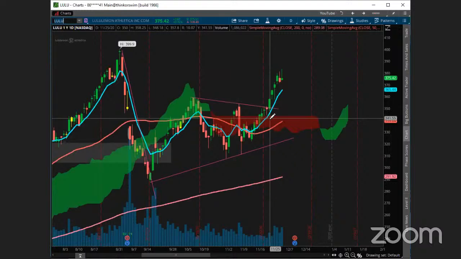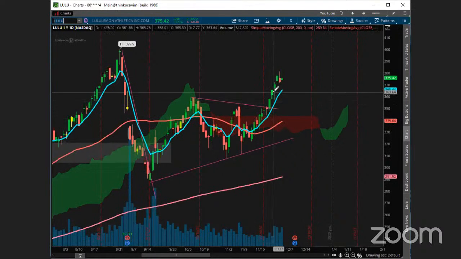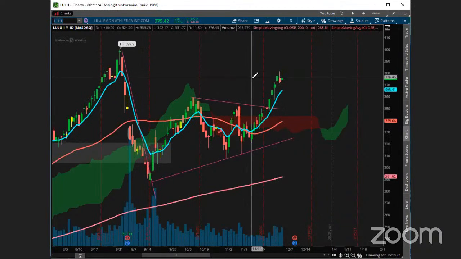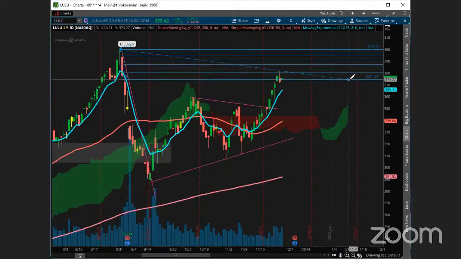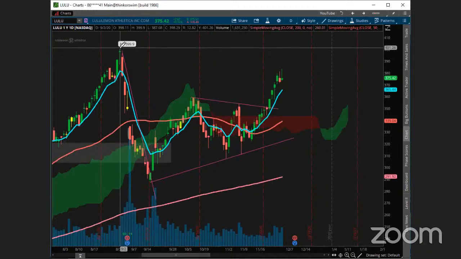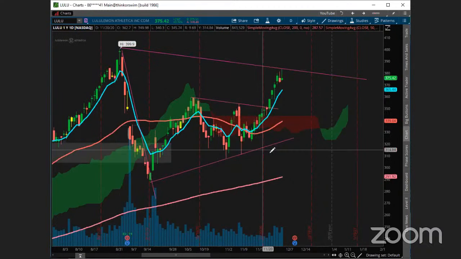Let's take a look at Lulu. So Lululemon. Okay, so this thing has definitely been working its way up here nicely, right? We got a strong breakout candle. We got a nice follow through day with the gap, right? And then it gave kind of a nasty pullback right there, but still trying to continue to work its way up. Generally looking pretty good. But at this point here with all these upper shadows, I'd kind of just keep an eye on today's high to see if we can break out of those levels. So you've got a little bit of a W cup and handle type thing working on right there.